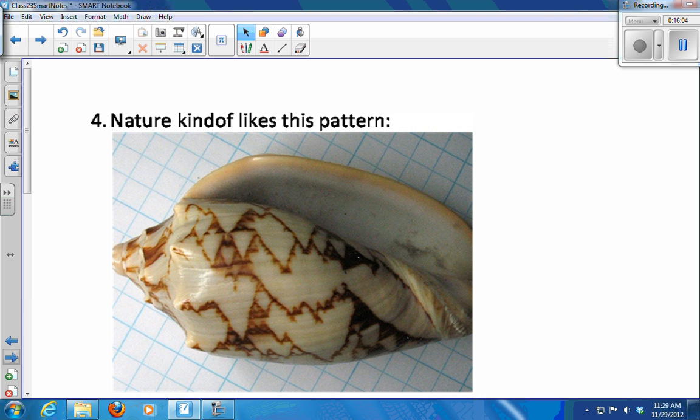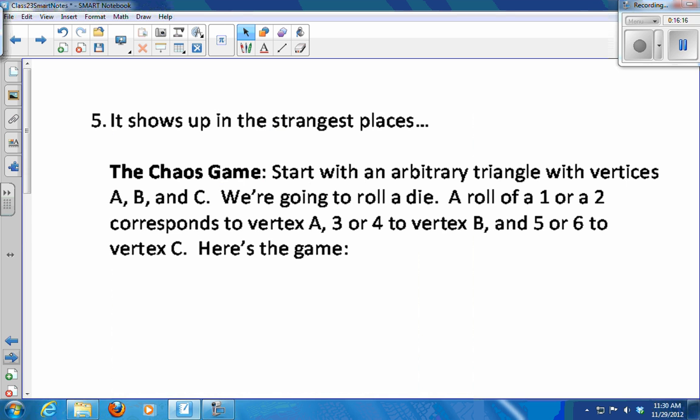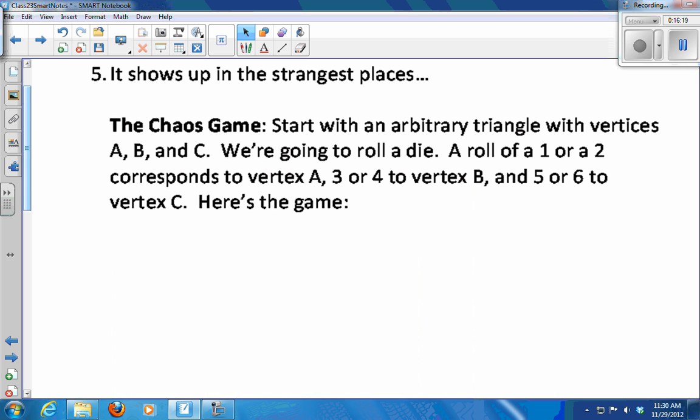You see it in nature sometimes. This is a shell that has sort of an approximation of Sierpinski's gasket in its design. Shells are. So this fractal shows up in the strangest places. We have found ways to use it, but it also shows up in this little thing called the chaos game. So if you start with an arbitrary triangle and we'll label the vertices A, B, and C,